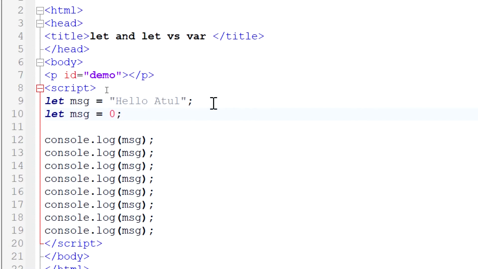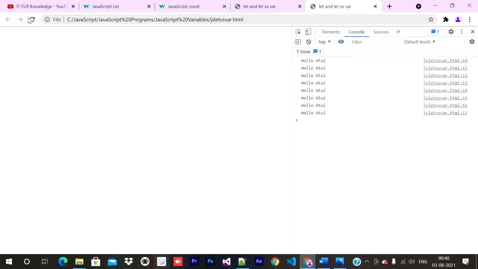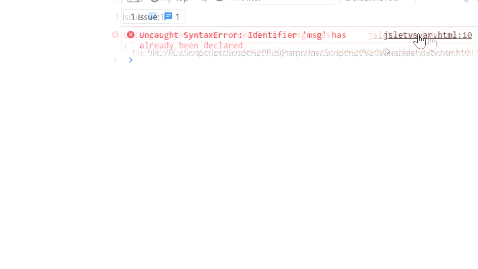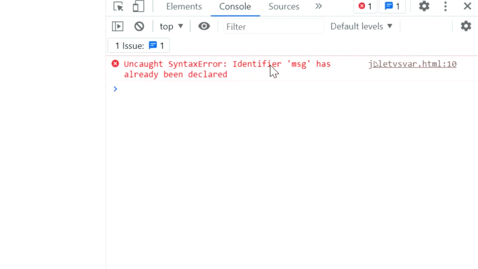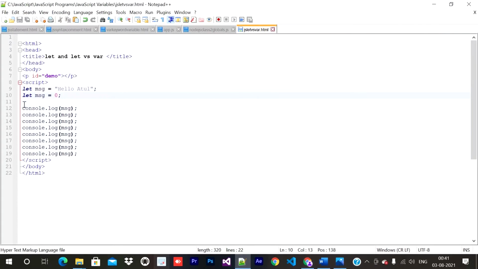What will come? An error will come in the case of let. What is the error? Uncaught SyntaxError: Identifier 'msg' has already been declared. Two variables can't have the same name in the same scope with let. With var you can do that.